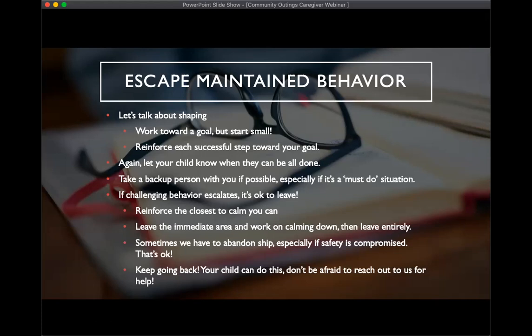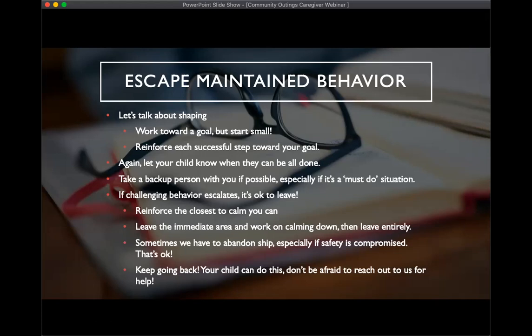If their function is escaping that situation, obviously by removing them from that environment, they are gaining access to escaping, so they are getting reinforced for that challenging behavior.